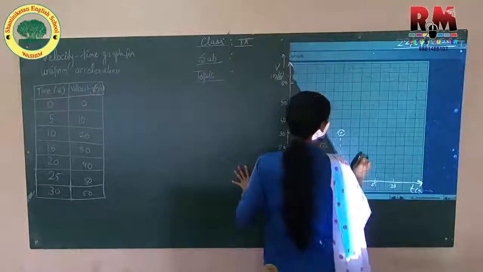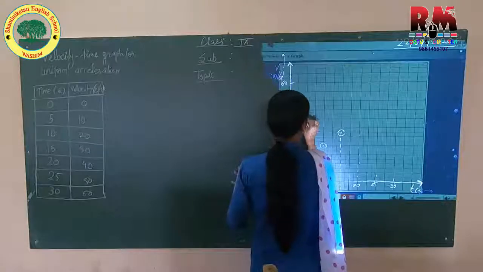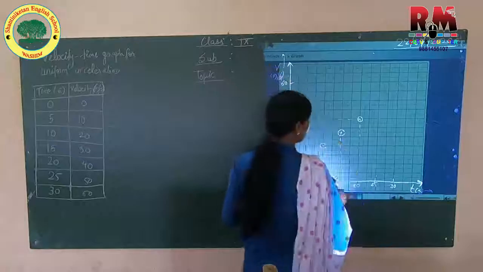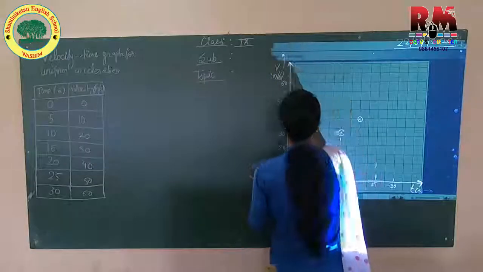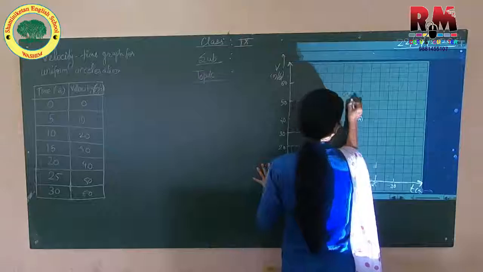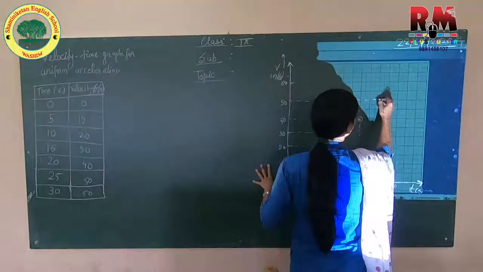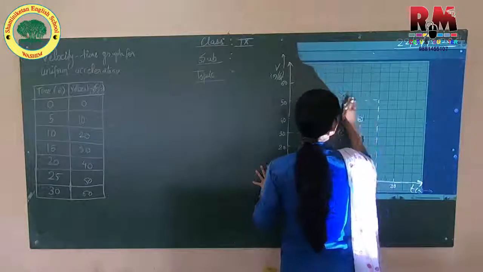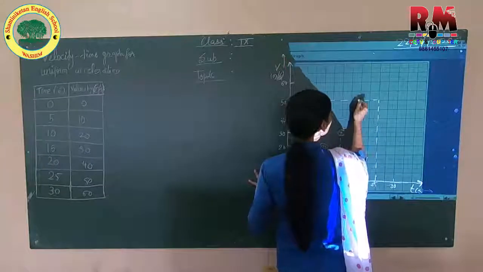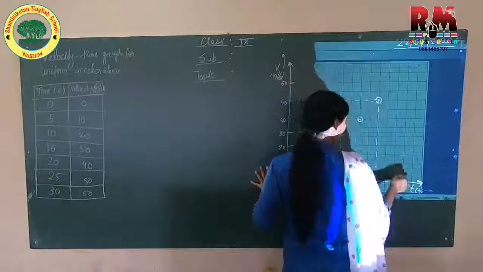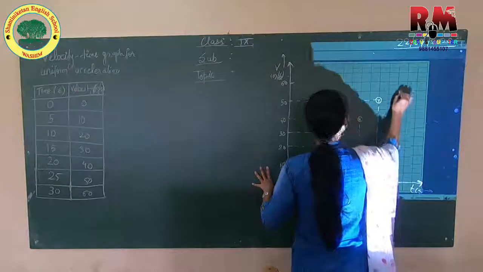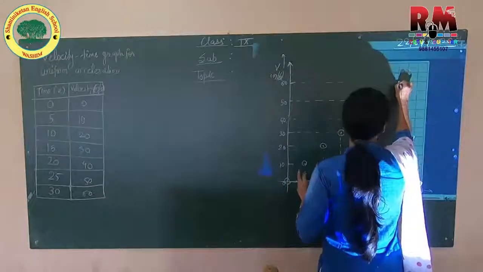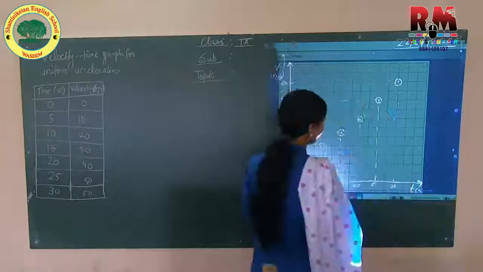Then 40, 50, then at 30 it comes to become 60. Okay, now